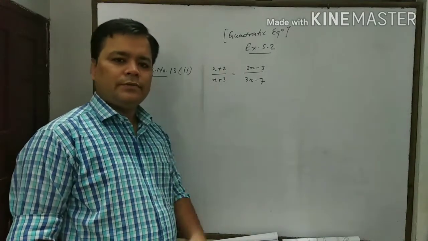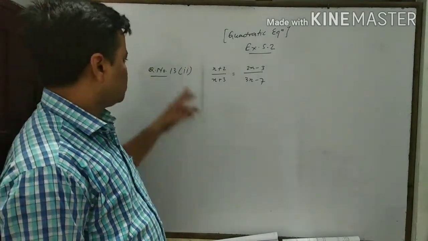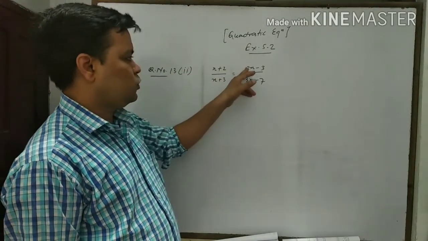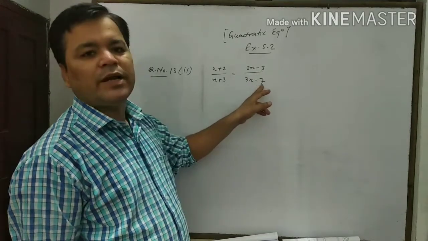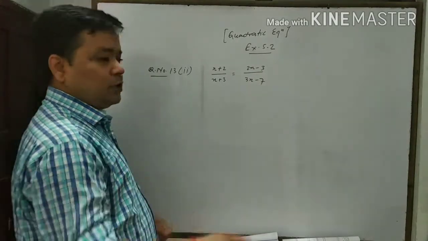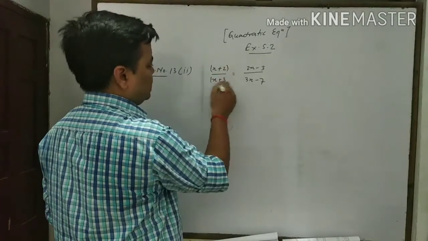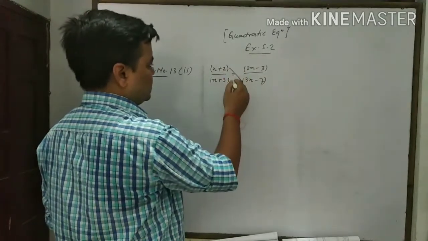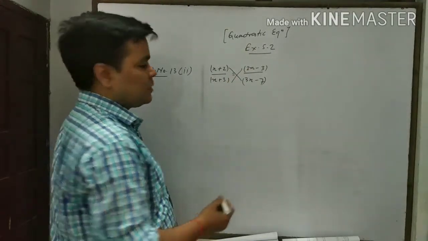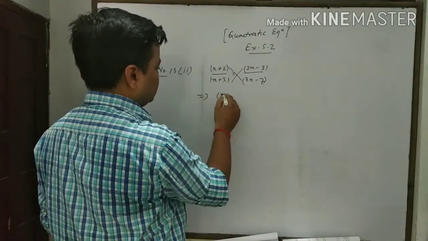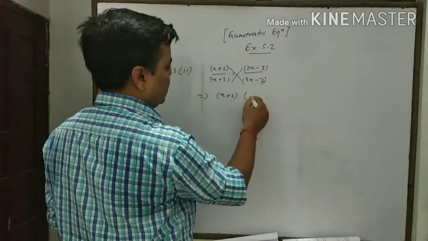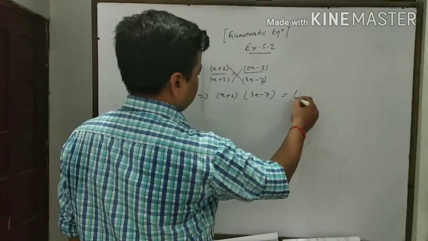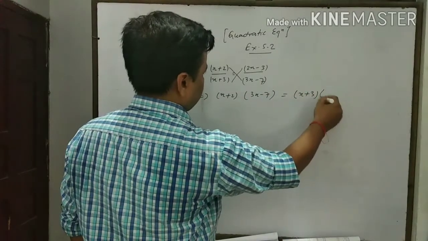Now let us see the next question. That is question number 13 second: (x plus 2) upon (x plus 3) is equal to (2x minus 3) upon (3x minus 7). Here it will be better if we take it in brackets. Now cross multiplication is multiplied by this and multiplied by this. Cross multiplication implies that (x plus 2) and here (3x minus 7) is equal to (x plus 3)